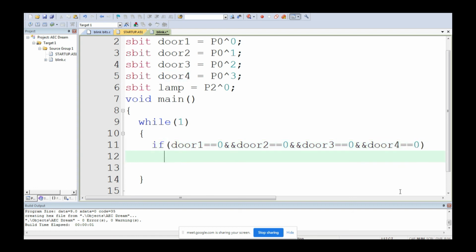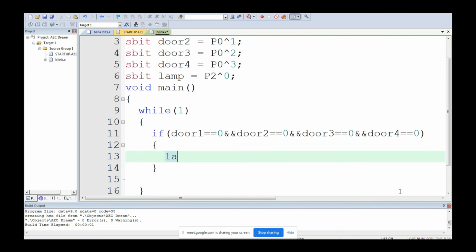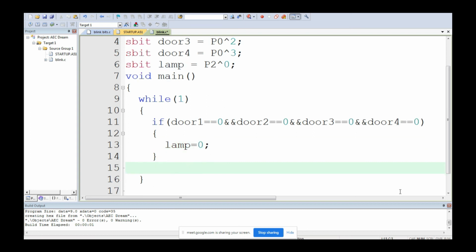If all these 4 conditions are satisfied, what is the meaning? All the 4 sensors from 4 doors are 0, which means all the 4 doors are closed. If all the 4 doors are closed, it means the failure lamp should switch off. That means lamp has to become 0. Else,